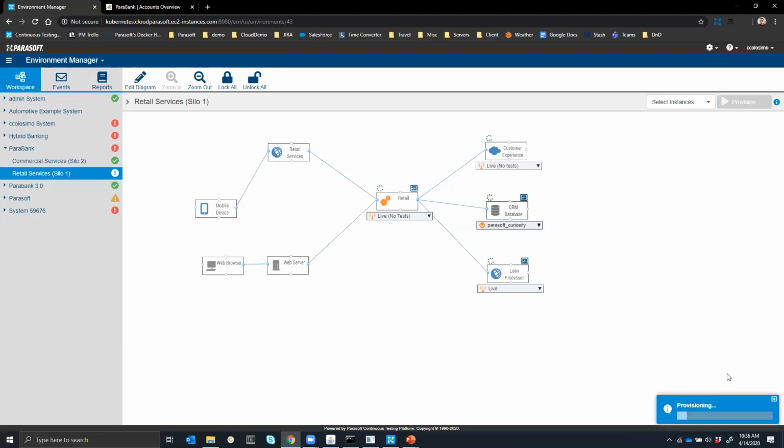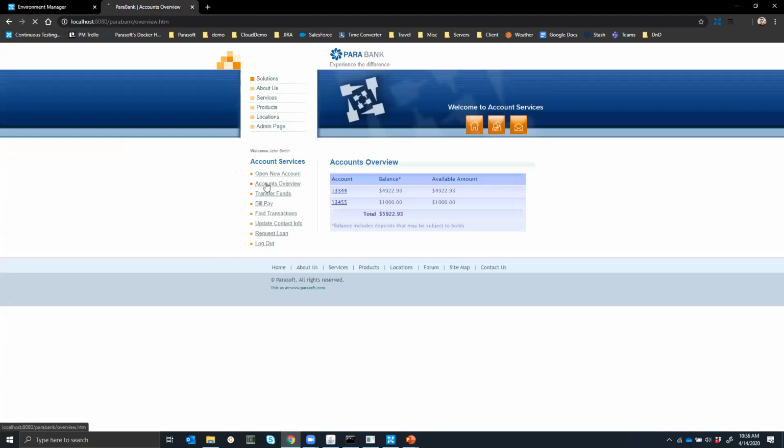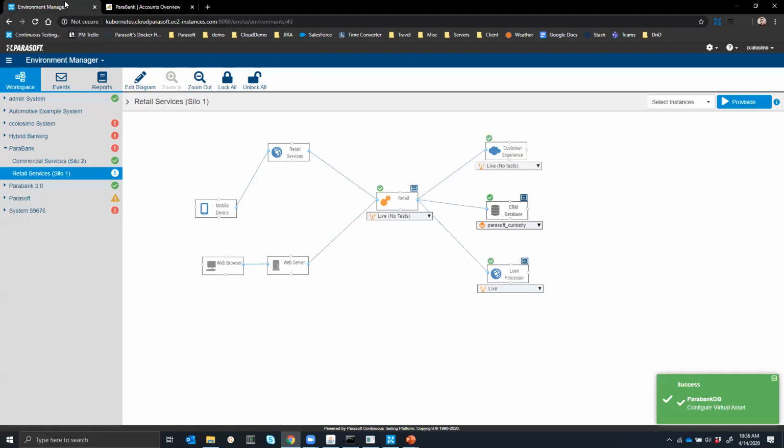I'll go ahead and provision. Watch this for a second. Yep, so it didn't actually change the database, it just configured that new data source. And so now I should be able to go into my application, and as soon as it... oh, sorry, I